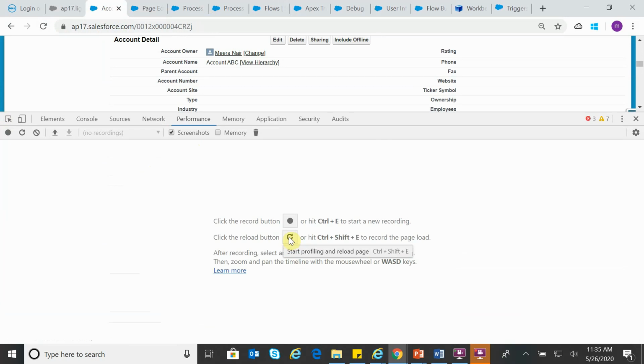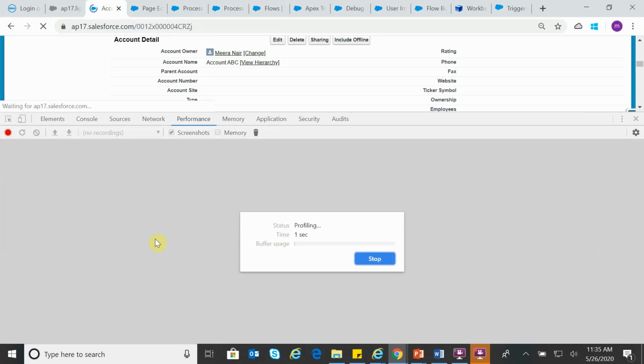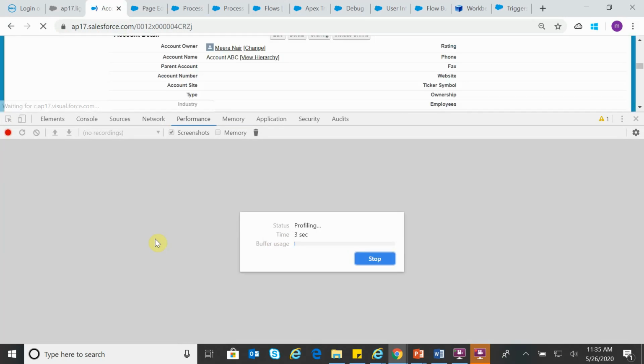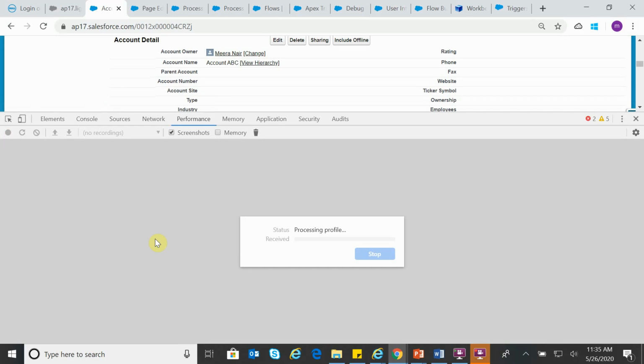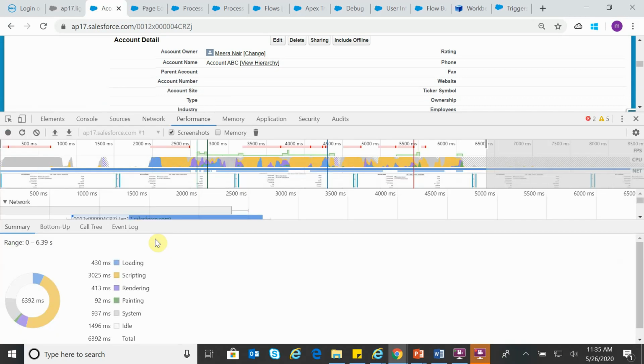Let us record this again to get the total time taken. Still collecting the information, and you can see now it is just taking 6 seconds, whereas in the previous case it was taking around 10 seconds.